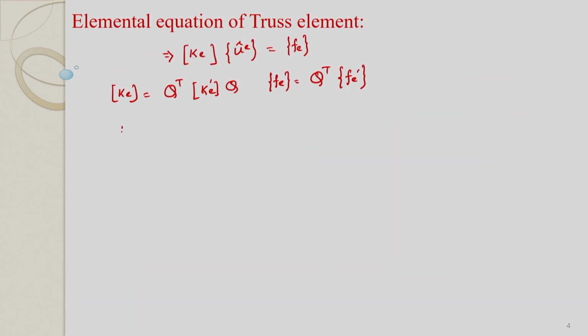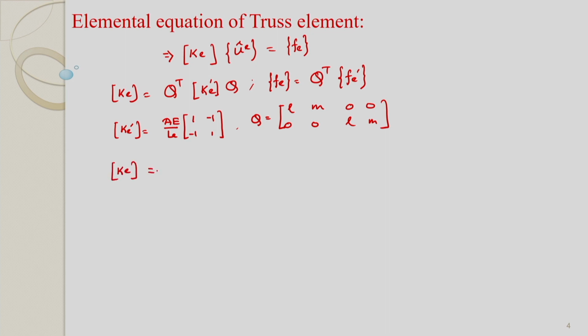So, KE prime is AE by LE, 1 minus 1 minus 1 1, and Q is L M 0 0, 0 0 L M. If you use these two expressions here, then finally you will get KE as